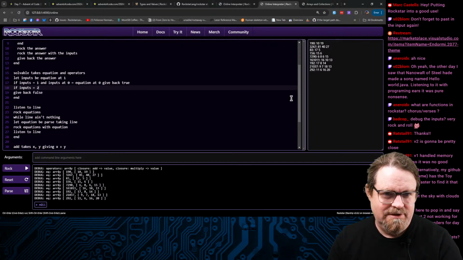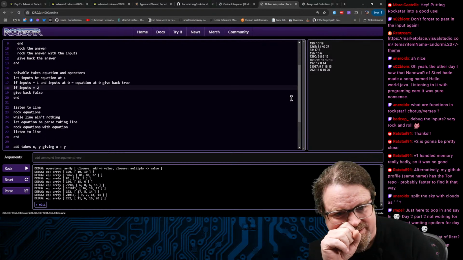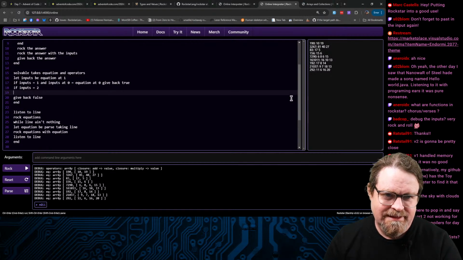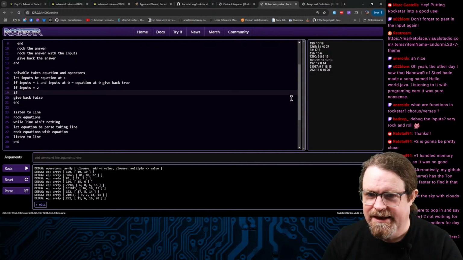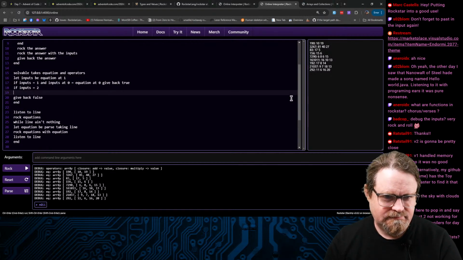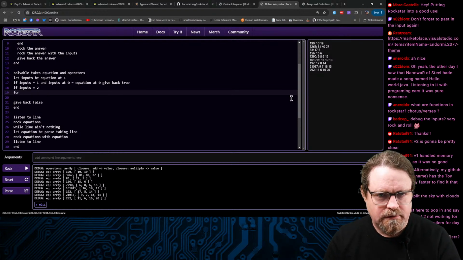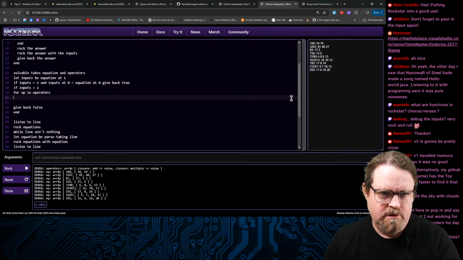If inputs equals 2, it means we've got exactly 2 operators left in our list. Then we'll say if for op in operators, if op taking,